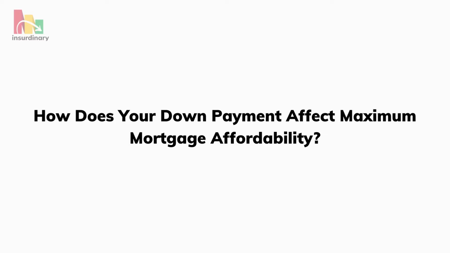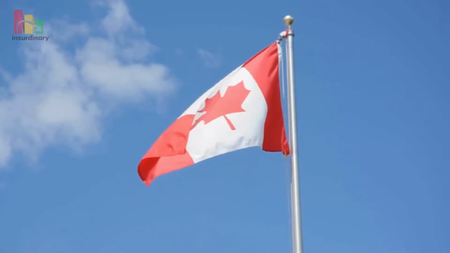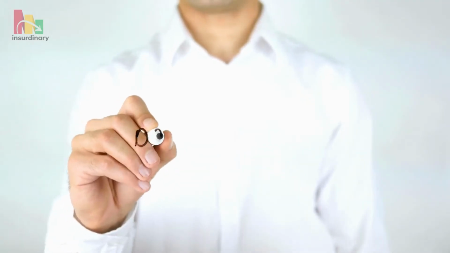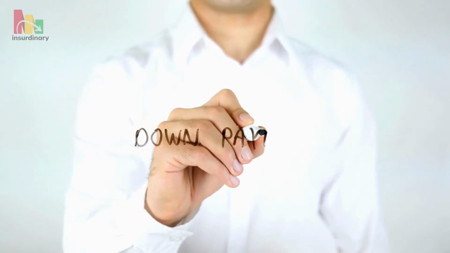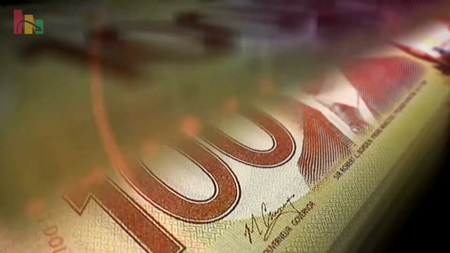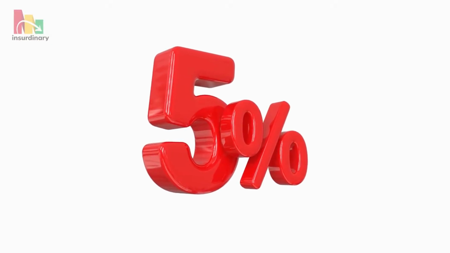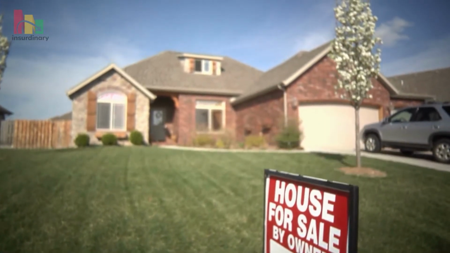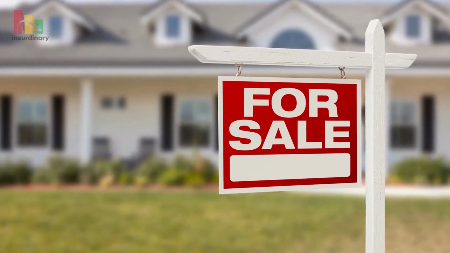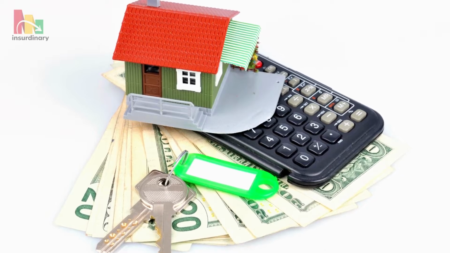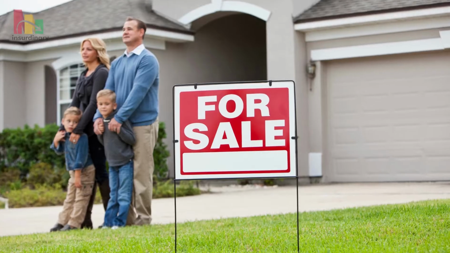How does your down payment affect maximum mortgage affordability? Canada has a down payment rule that correlates with maximum mortgage affordability. The more you pay as a down payment, the wider the house pricing range you can consider when buying a home. For instance, if you save $25,000 or less, your minimum down payment costs 5% for a house at or under the $500,000 mark. If you've saved a slightly larger amount, you can afford anything under $1 million, where the first $500,000 of your total amount requires a 5% down payment, and the remaining amount comes with a 10% down payment. With a $200,000 and up down payment, you can afford a home costing $1 million and up with your